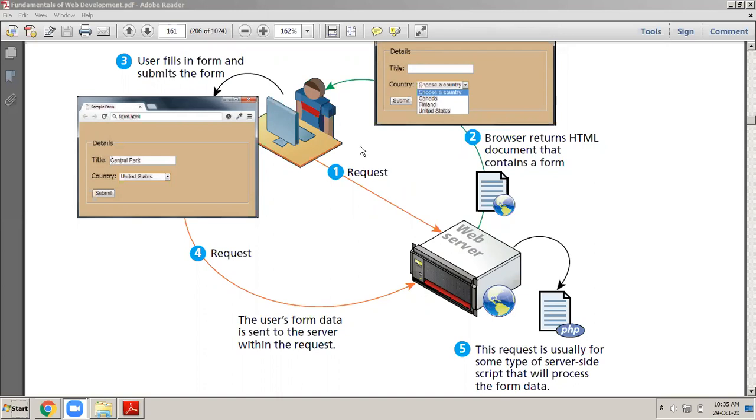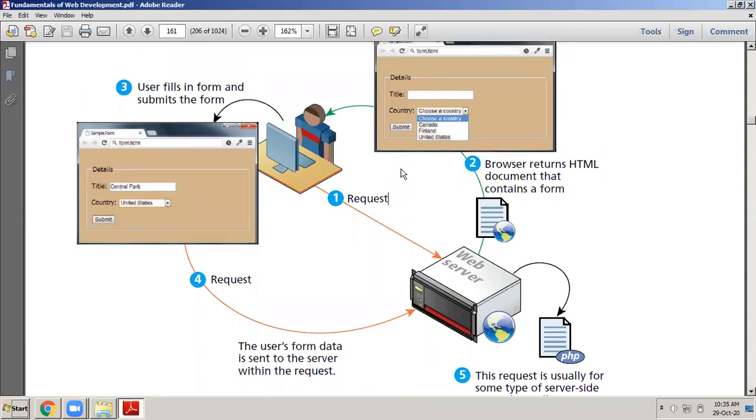Forms work very simply. I have explained this procedure to you yesterday. It's a 5-step process. Finally, when the user enters the data into the form and submits it, the server will run a PHP file, a server-side script, which will retrieve the data of the form and then process it. And then I gave you some examples yesterday.